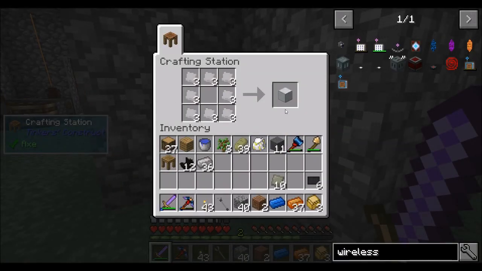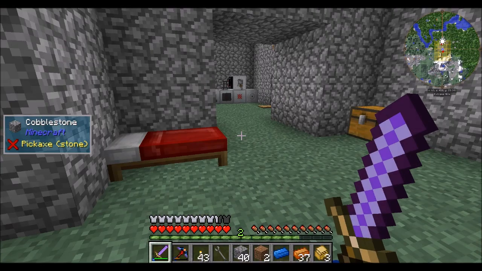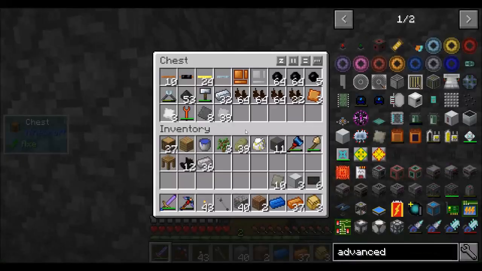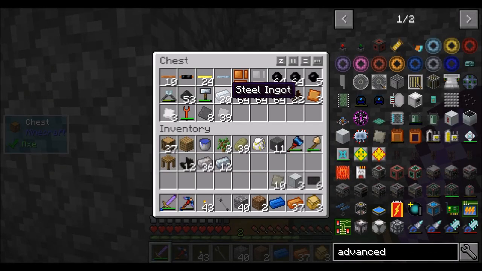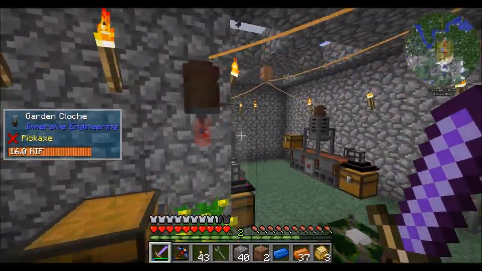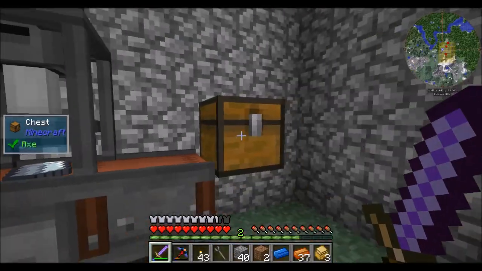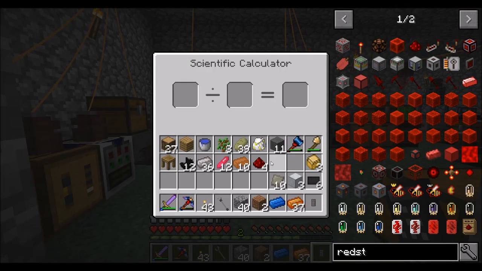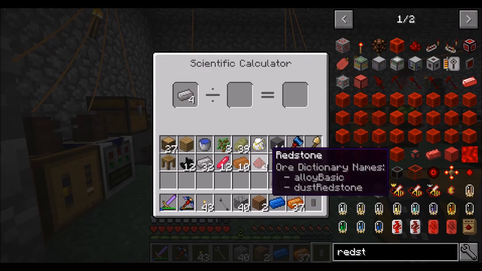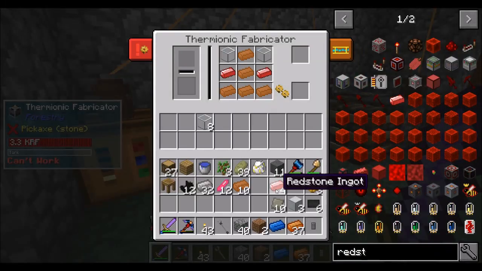So that should be 3 of you, which can be advanced machine casings. Oh, that's right, I needed the hammered steel. So I'm going to need a dozen of you. Let's hammer you over here, because you're faster. Good, you're soul plate. Nice. So it's iron divided by redstone gets me redstone ingots, right? And